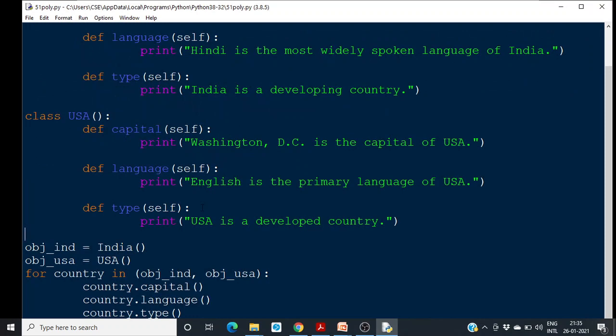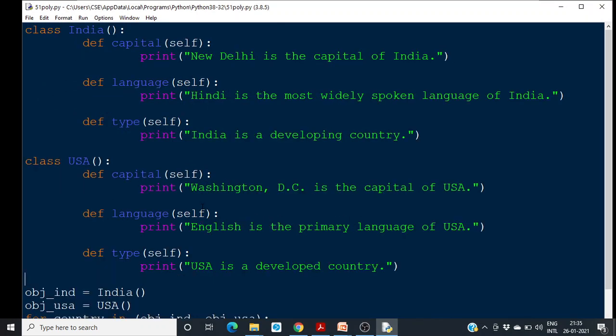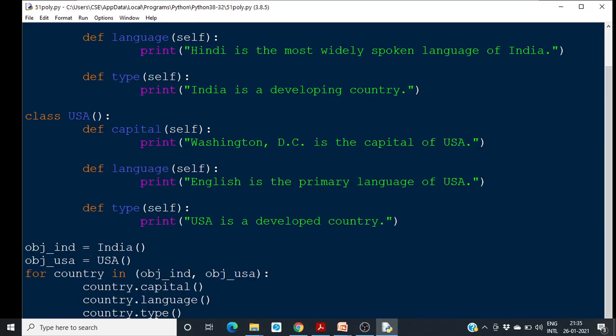So this is also an example of class polymorphism, with the same classes. We have already seen these classes. Here we are creating two objects, one for India and one for USA, and we are using a for loop to invoke those objects. So this will be object India first, then object USA. So country becomes